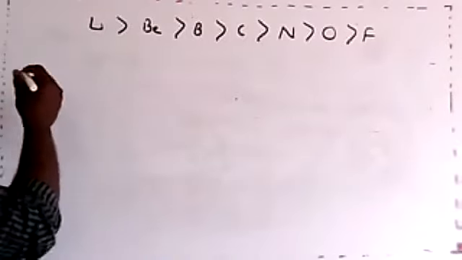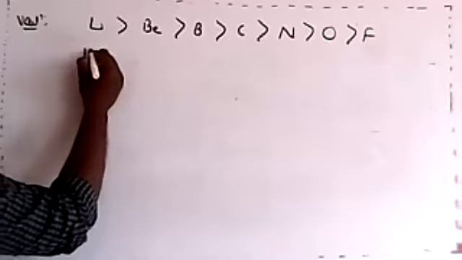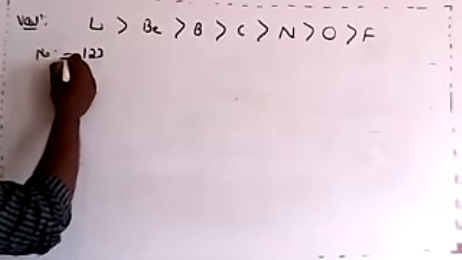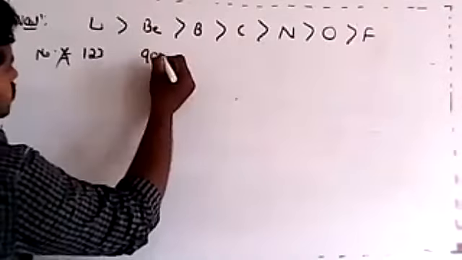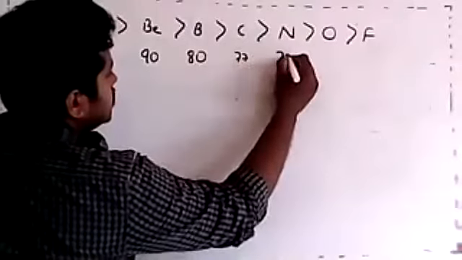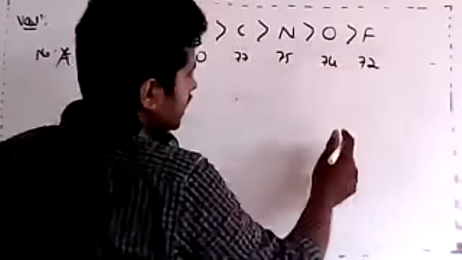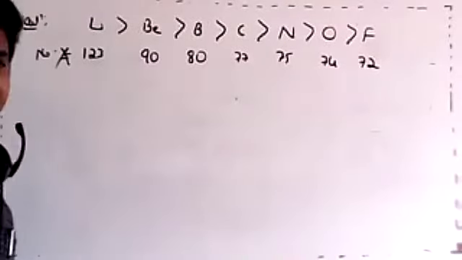Now this is the variation along the period. Values are not required, but I will write the values just to convey one thing. They will never ask, what is the atomic size of lithium, or what is the atomic size of beryllium? But still, I'm writing it just to convey one thing. I also don't remember these, so I'll just copy them from somewhere.